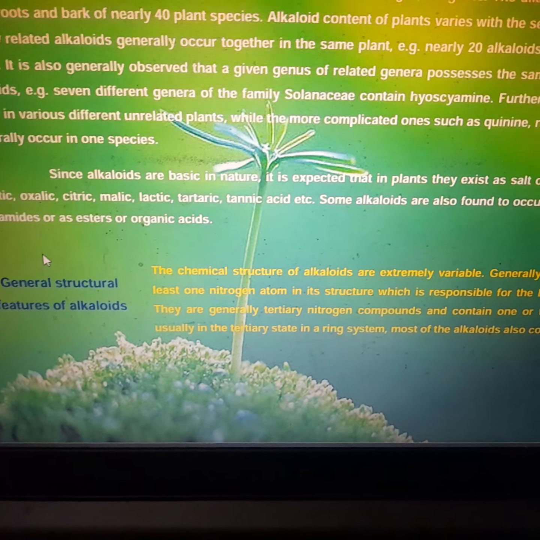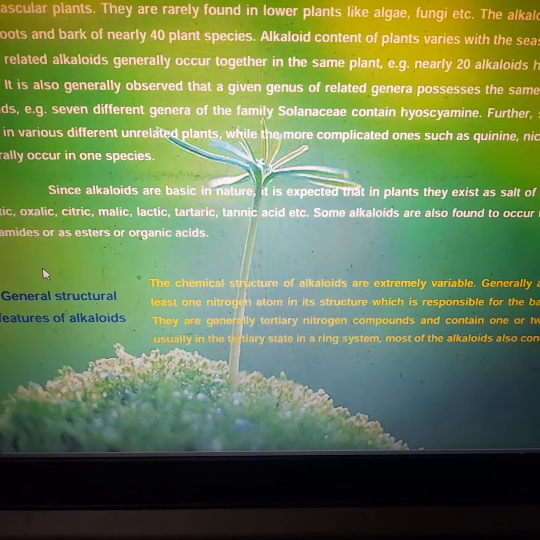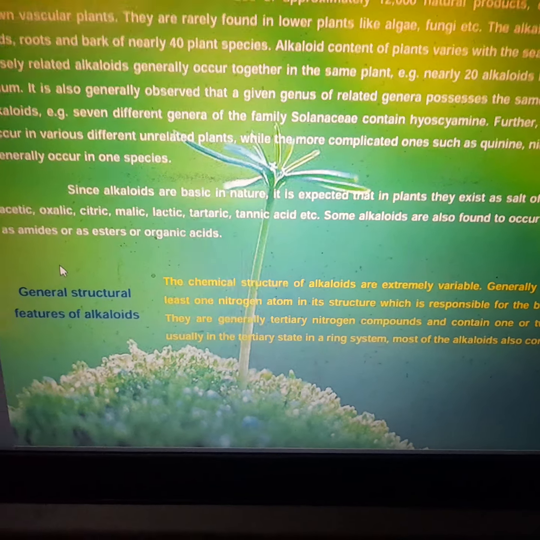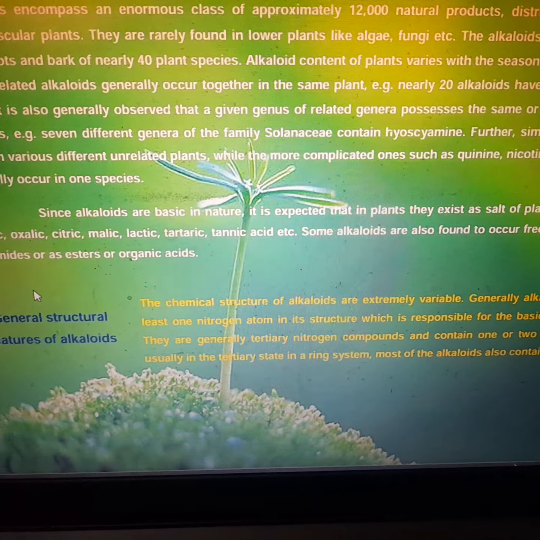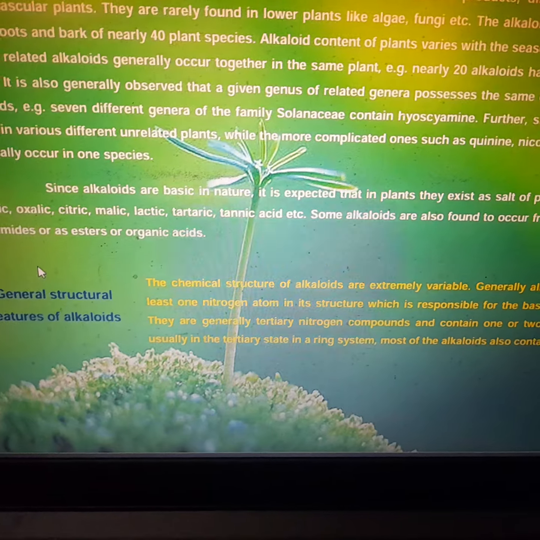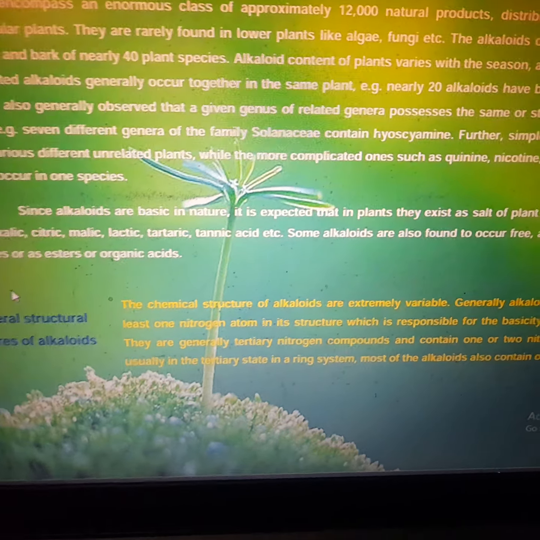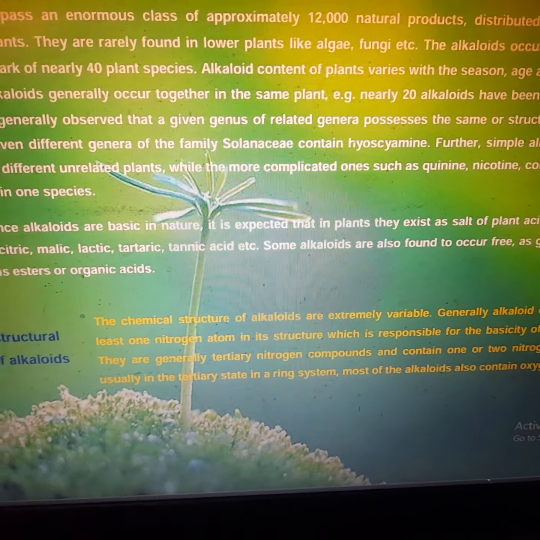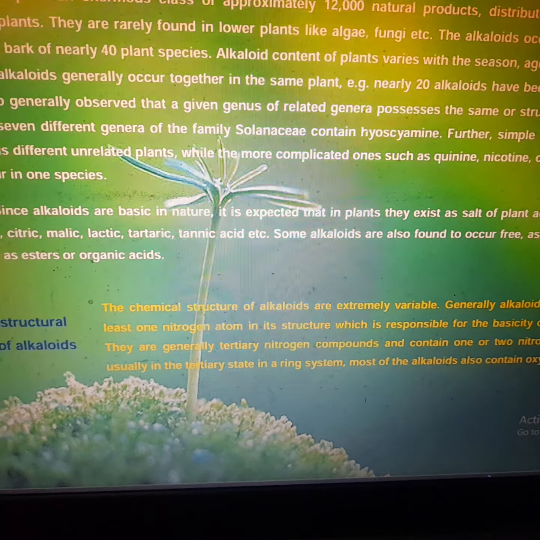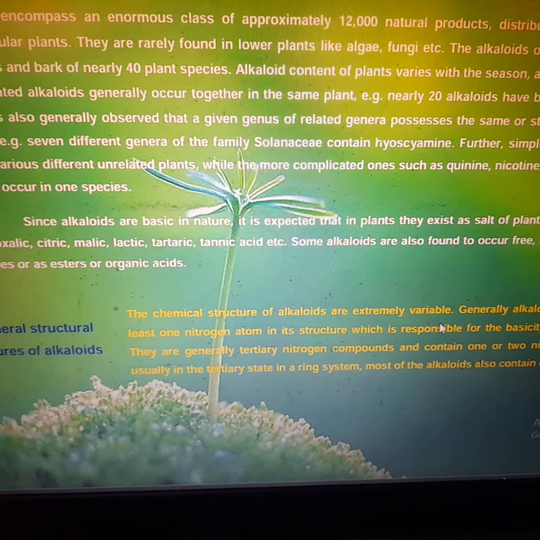Why am I saying this? Because in the previous video I already showed you the different kinds of alkaloids with some examples, having very different and variable structures, as caffeine has a very different structure than morphine. So it is extremely variable. Sometimes students also get scared by seeing the structures, so you don't have to be bothered about that much complexity, okay,